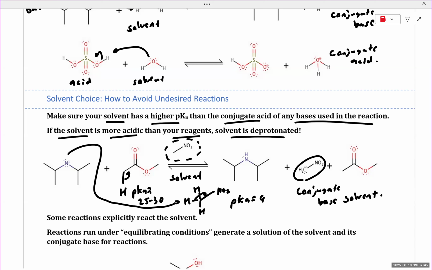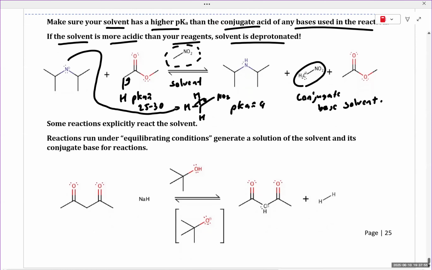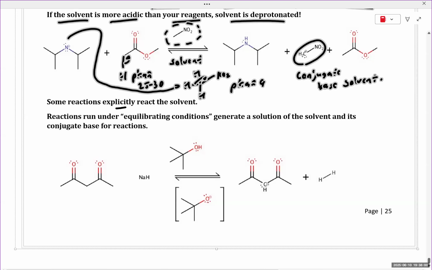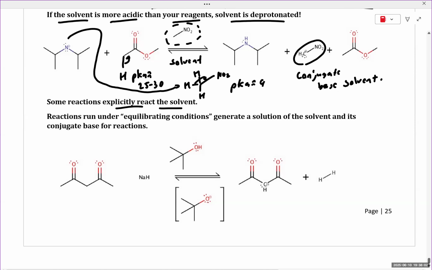So please be careful when you check the solvent and you pick the solvent that the solvent is not capable of interfering with your chosen acid-base reaction. Note, this can also be leveraged intentionally. Some reactions explicitly react the solvent. An example of this is reactions run under equilibrating conditions will generate a solution of the solvent and its conjugate base for reactions. For example, if you treat the following